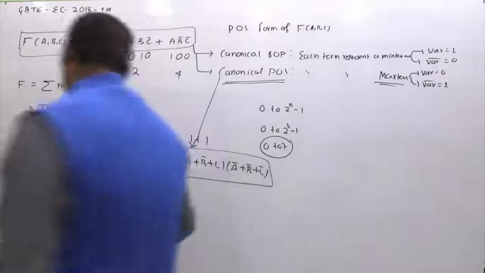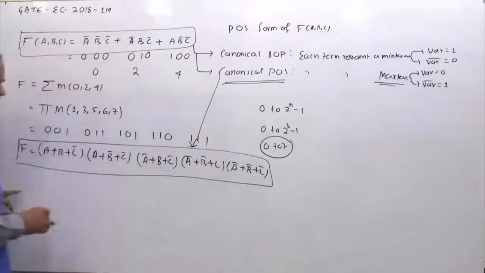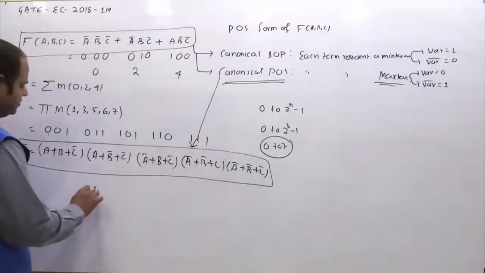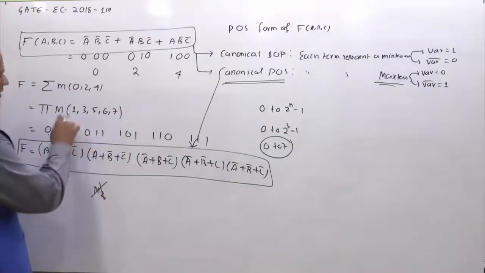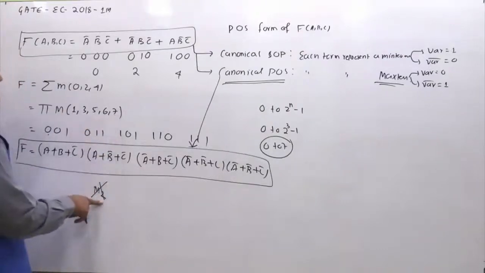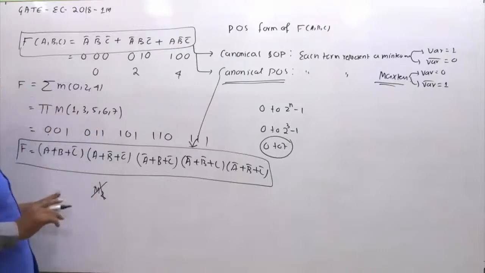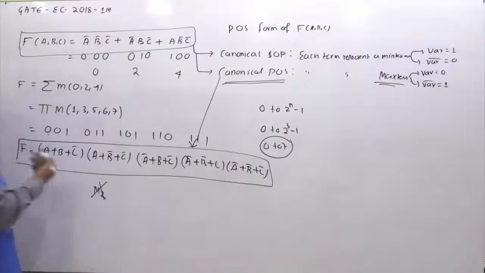Suppose you are checking one option, and by translating that option you got a term, let's say 2, so max term 2. But max term 2 is not possible because we know these are the max term combinations. The index 2 is already in the min terms, so it cannot be a max term. So that option you can eliminate. That's the way you can eliminate the options and reach the correct answer very quickly.